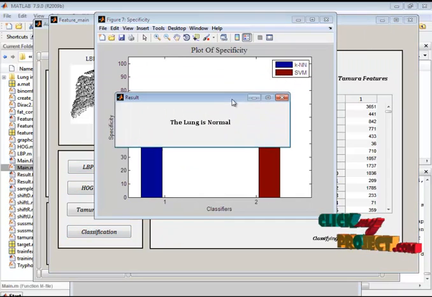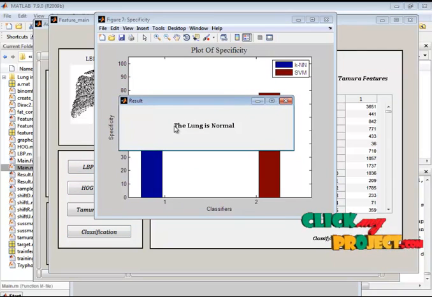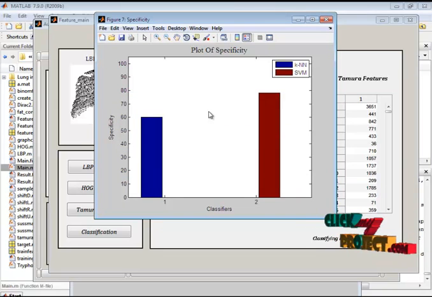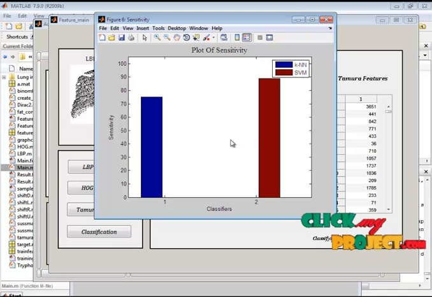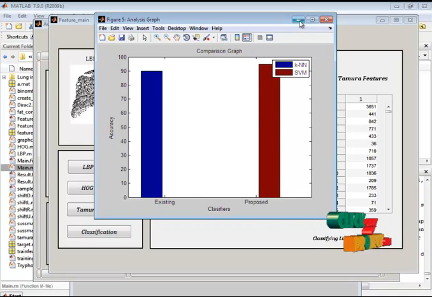The SVM detects that this lung is normal, and these are the comparison graphs. Here we have calculated specificity for the existing and proposed classifier. This is the sensitivity graph. This is the accuracy graph. How much accuracy there is between our existing and proposed system is shown here.